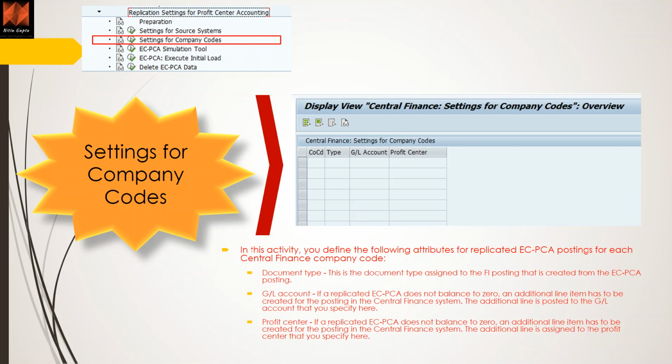And then the profit center, it is a profit center number, and if a replicated PCA document does not balance to zero, again the same case, an additional line has to be created in the posting, and this profit center will be assigned to that additional posting. So on the source side, the profit center will be missing for sure, because it is not assigned at every line. But on the target side, the system will determine the document type, the GL account for that, and then the profit center from this table. So this table has to be maintained in a pretty cautious way, because this is something that will drive your